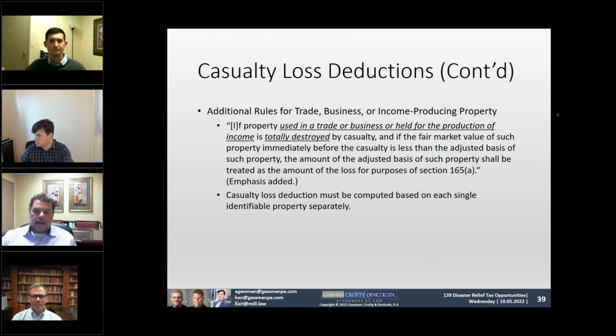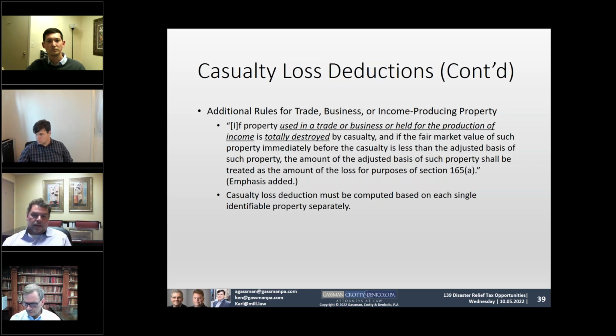There we go. All right, so one other item to talk about is related to the trade or business, and this is an exception for trade or business. So if I have a trade or business and I have an asset, and let's say that the fair market value of the asset is $100,000 and it's destroyed, meaning that I could have $100,000 of a loss because that's the value of the decrease. If the actual basis of that asset was larger, meaning let's say I had a basis of $120,000, if it's a trade or business and I have that casualty loss, I'm able to take a deduction for the entire $120,000. It's not limited to just the decrease in the value of the property.